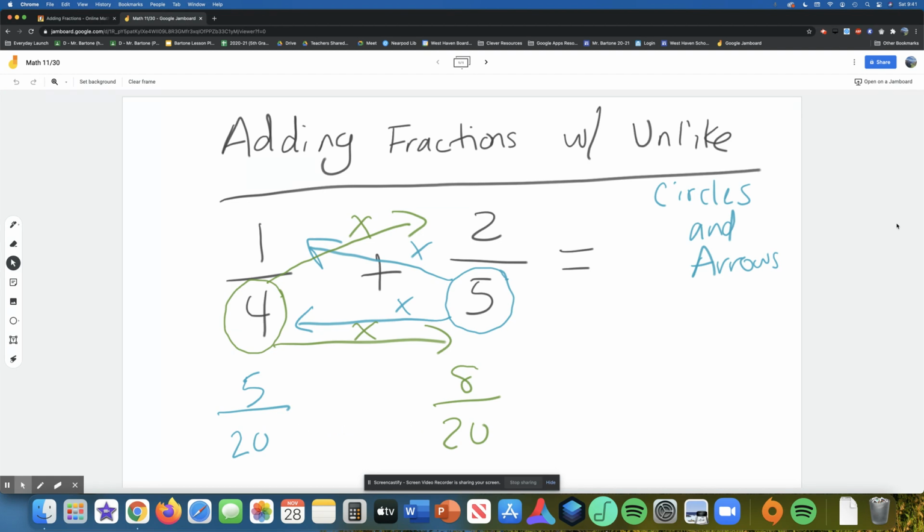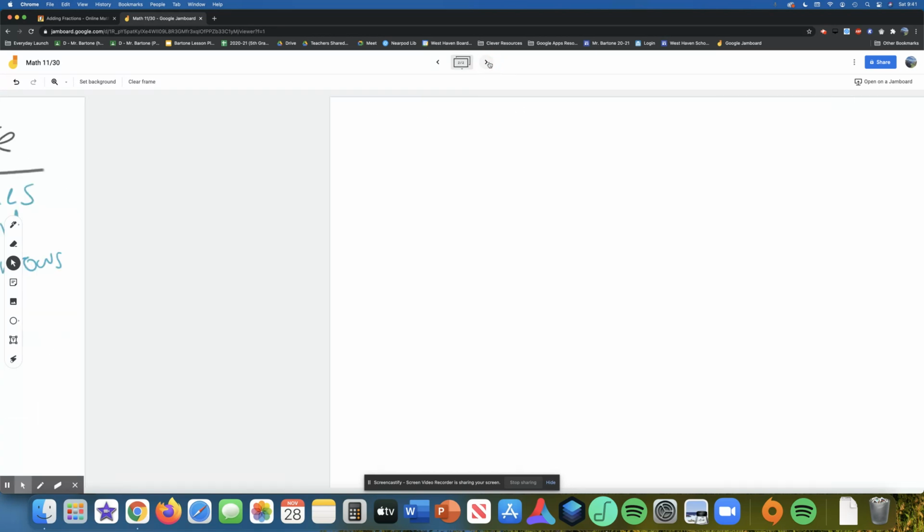Then I'm going to come back down here. I want to make sure I put my addition symbol back in, and then we're going to add. So we know that across the top, the numerators, 5 plus 8 is 13, and we don't ever add the denominators. So it's going to stay 20. And that's our answer, 13/20. But I do want to go through one more because I know that this can be challenging, and I want to make sure that we know the strategy to use. So let's say that we have